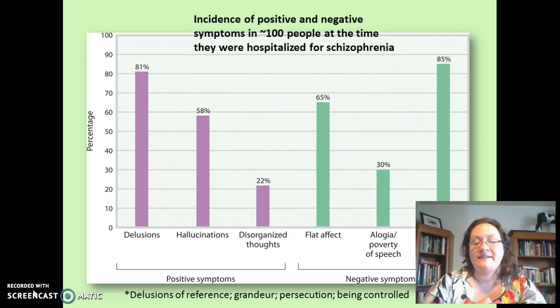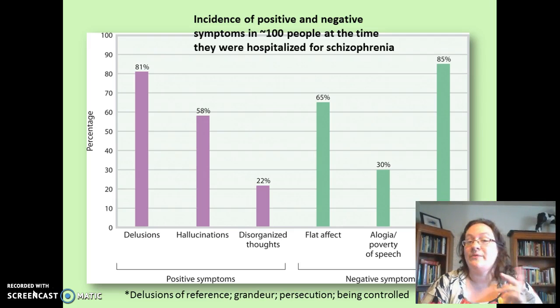Underneath the table, you can see some of these delusions. So we have delusions of reference, and that could be things like you turn on the radio and all the songs are about you, or that you live in the Truman Show and everyone's referencing you. Delusions of grandeur, which is that you're a very important, famous person, that everyone knows you, that you're the king or sultan. Delusions of persecution, which are that people are persecuting you, they're coming after you,